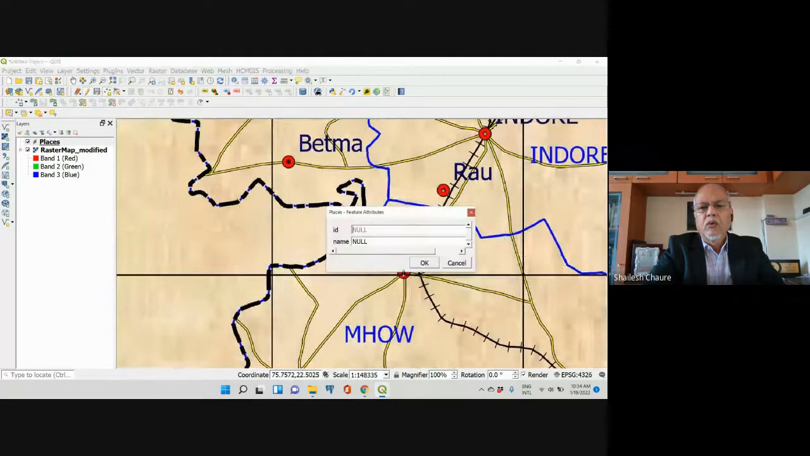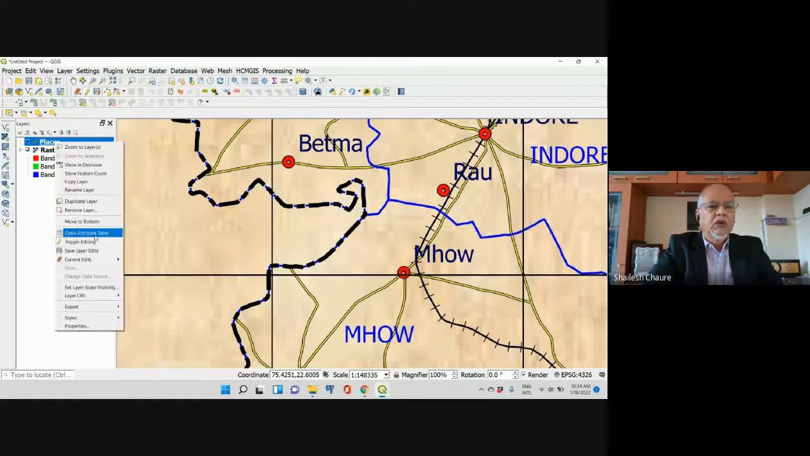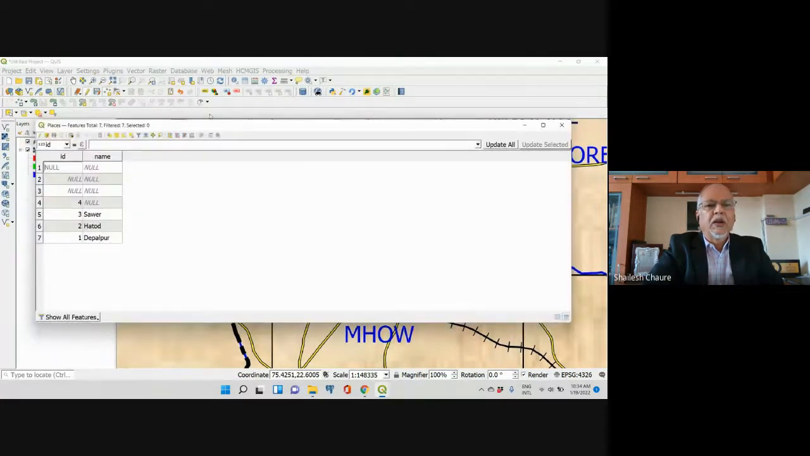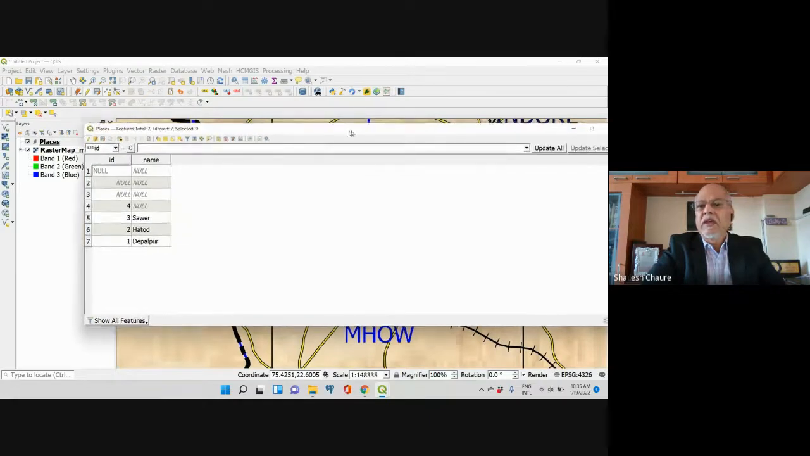I can go to Mhow. I can again leave it. I go to Betma. I again leave it blank. Now see what happens. Go to open attribute table. You see whatever names I entered were there, and the other data has been added, but the ID and name have not been given. Now, if you want to give them later, say right now I want to assign the proper ID and names to these,